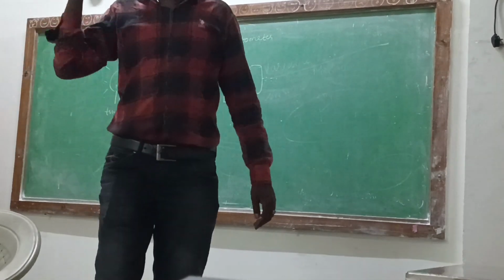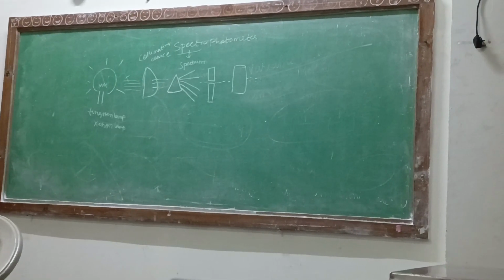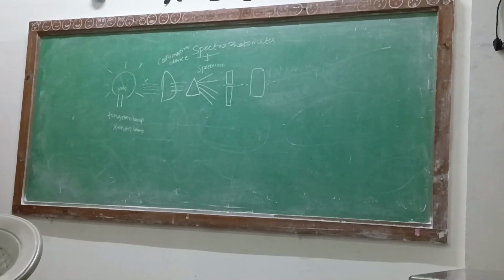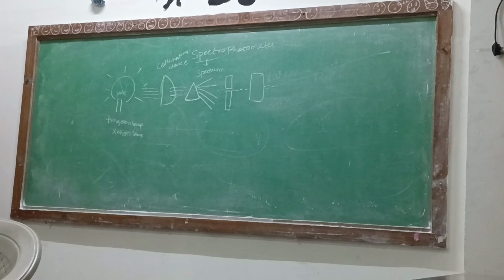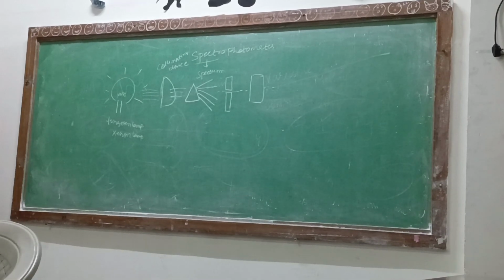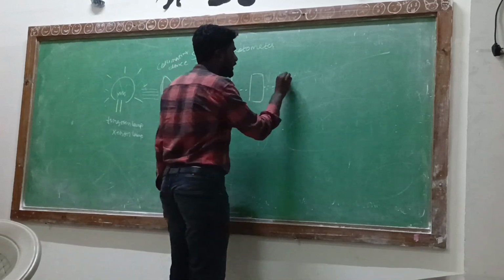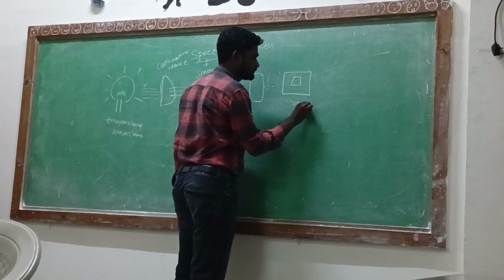The light which emerges from the slit is called the incident light. The part which is absorbed is called the absorbance. The light which passes through to the other side is called the transmitted light. Okay? Now that transmitted light falls on the amplifier, then on the galvanometer. The galvanometer is nothing but a readout device.